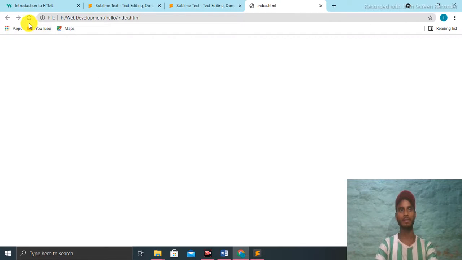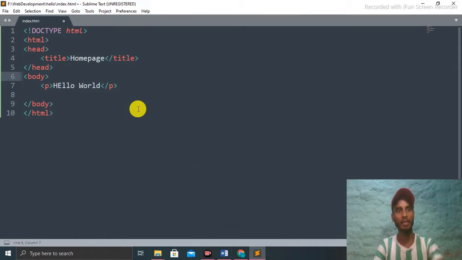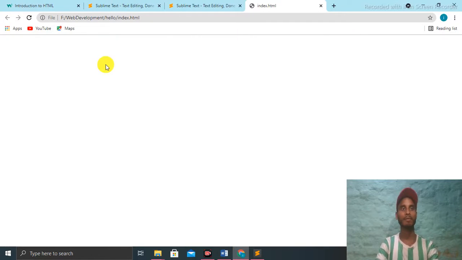You can see no data is coming, because there is a dot, which means the file is not saved. Press Control S to save the changes, then refresh the web page. Here you can see hello world.